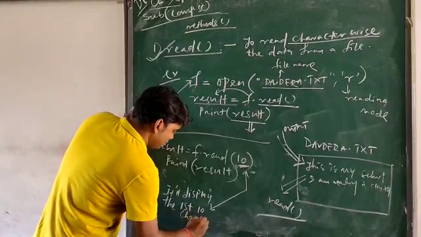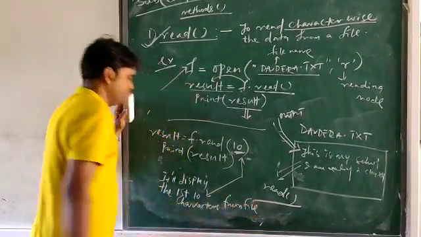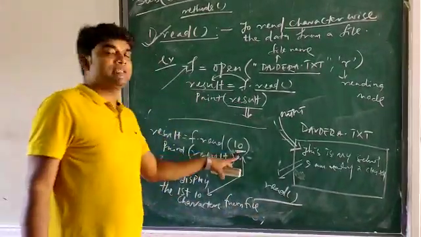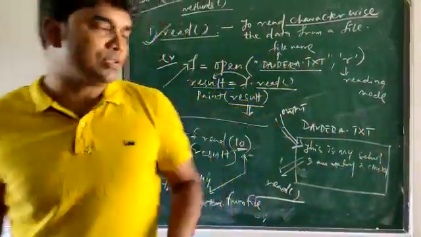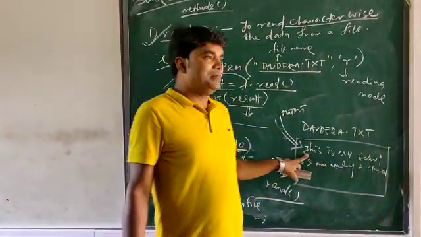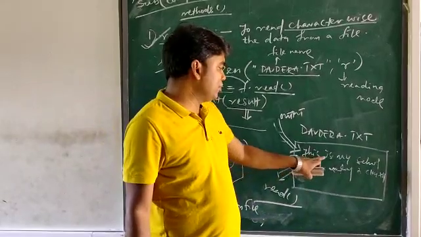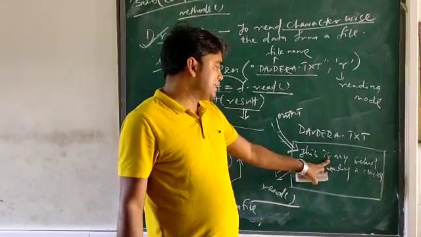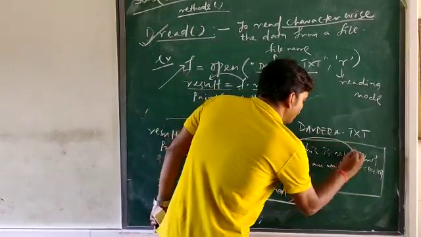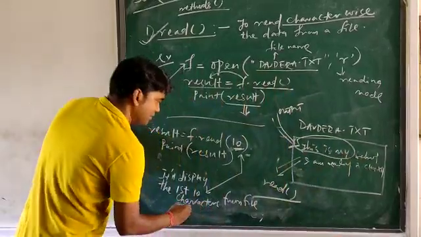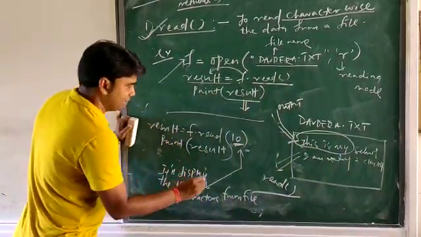First 10 characters from the file. Because you are passing the argument 10, it will display the first 10 characters of the file. Look at this: if this is your file contents, just count 10 characters. This is 1, 2, 3, 4, including space 5, this is 6, 7, then this is 8, 9, 10. That means the output will be this. In this case, the output will be "this is mine".